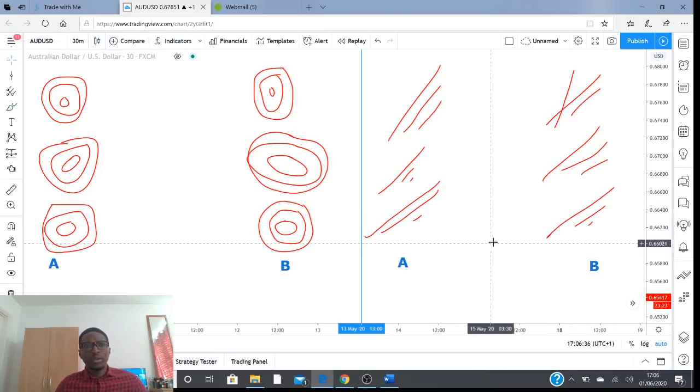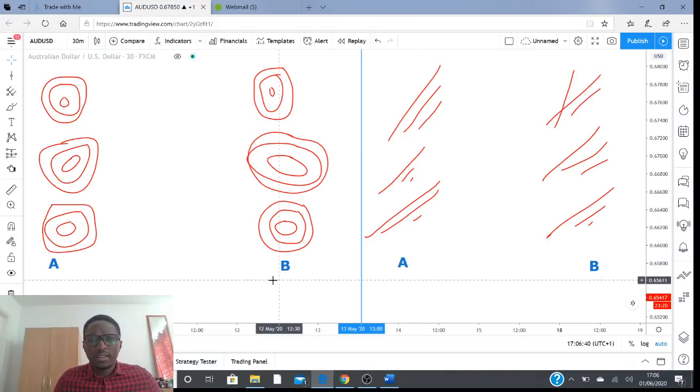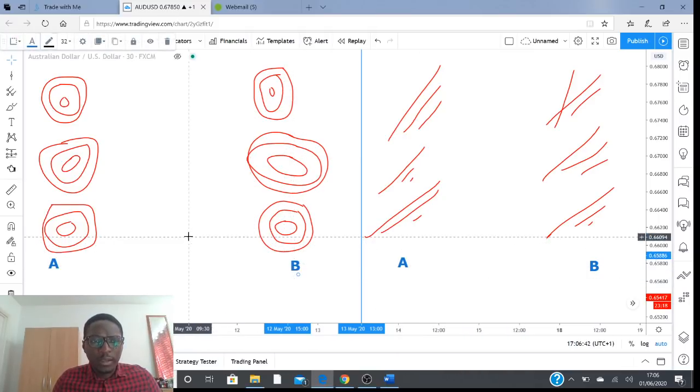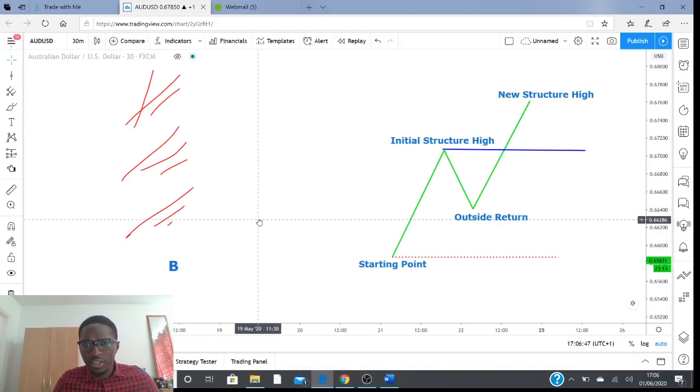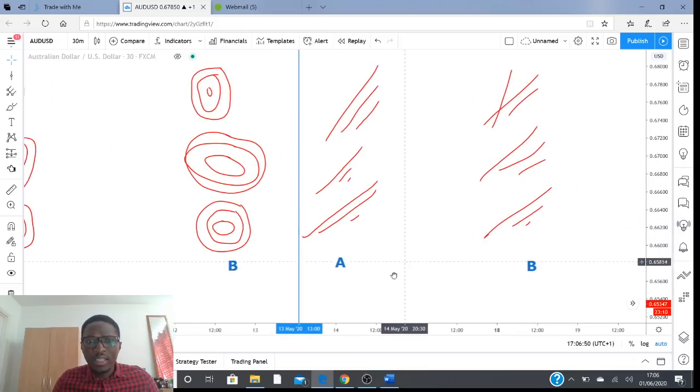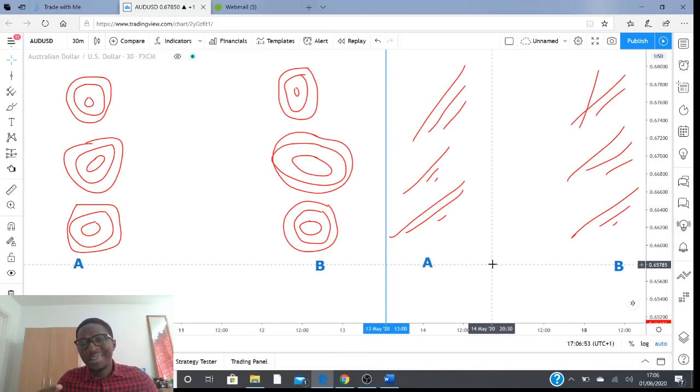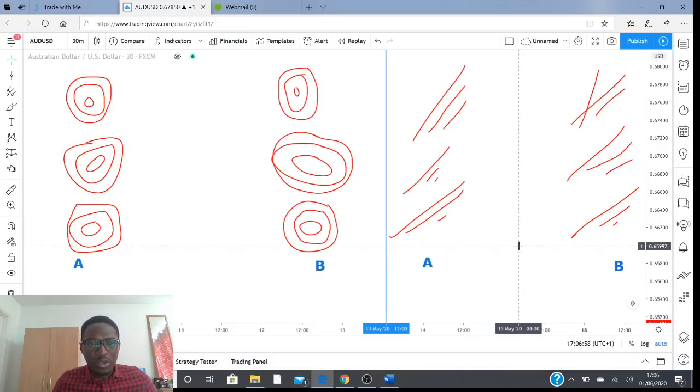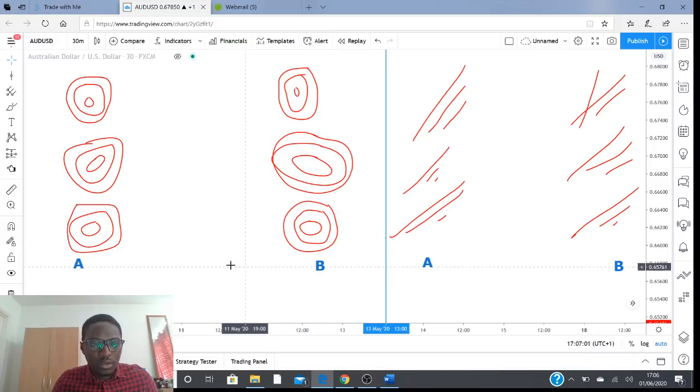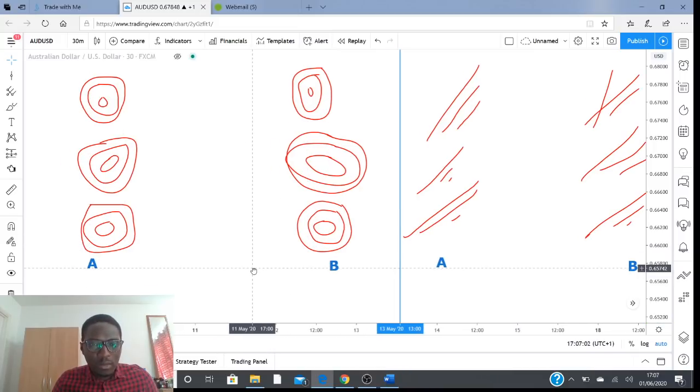Okay, so I think I'm done with the drawings. I'm going to make a very important point here, and by the way, that's what we just talked about earlier. This is just the bullish structure, right? At this point in time, we're moving on to the part where I'm going to explain the imperfection rule of a 1 to 3 contraction. So if you look at the two sets of diagrams of both A and B, and if I was to ask you a simple question, what set of diagrams would you say